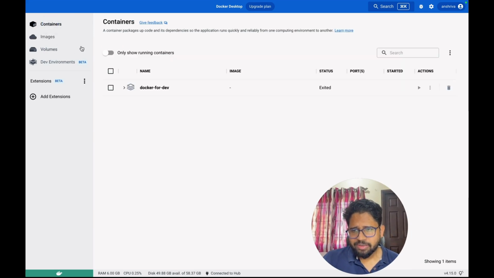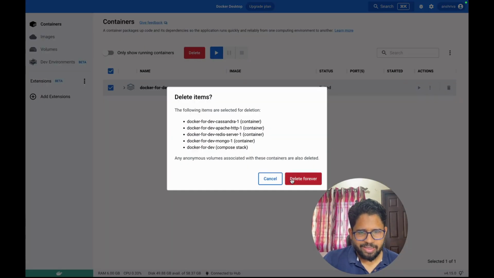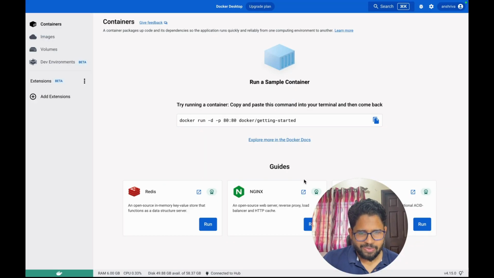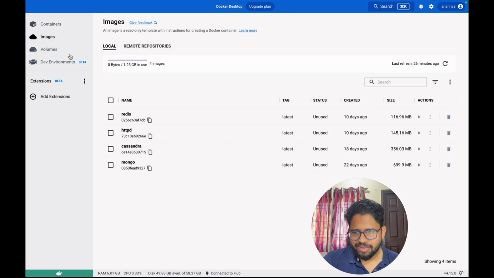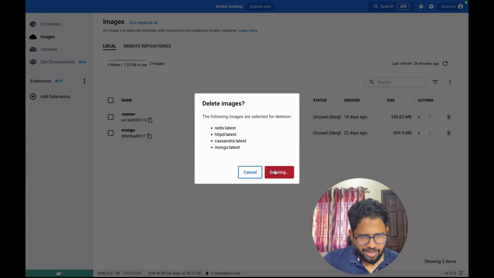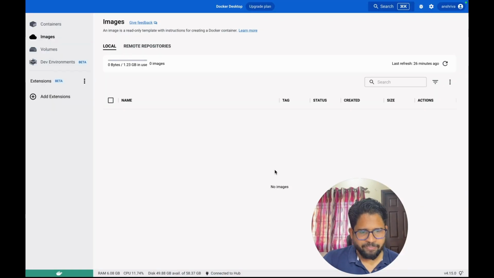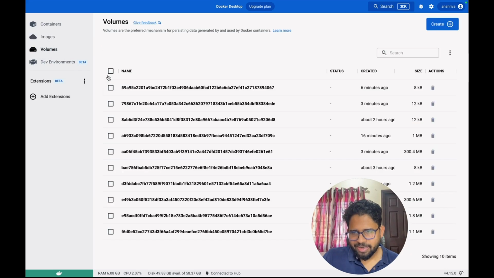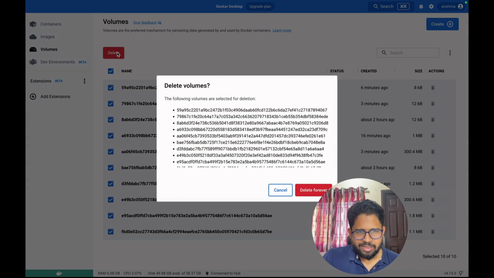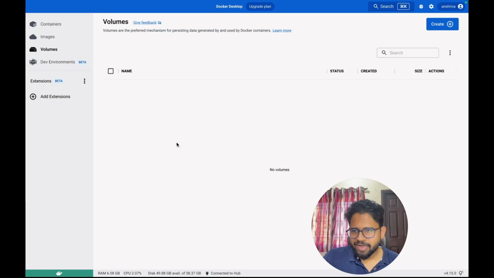What we can do is click on the containers and delete all the containers we want to, from the UI itself. And likewise, we can delete all the images from here itself and our machine will be cleaned up. No temp folder, nothing. Everything gets cleaned up. We can also go ahead and clear the volumes. Whatever volumes were created, they also can get deleted.